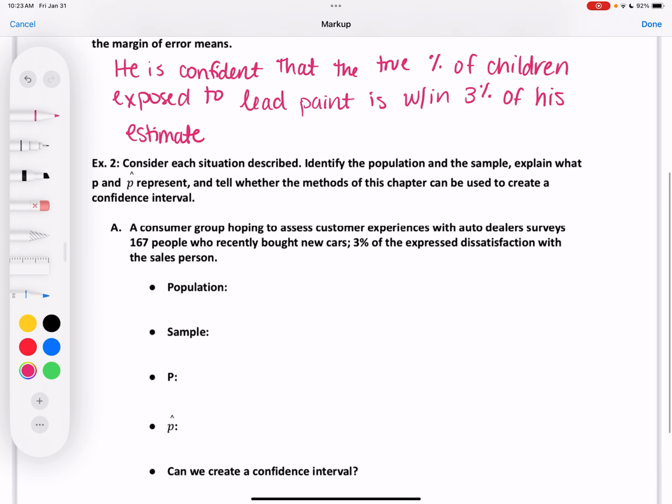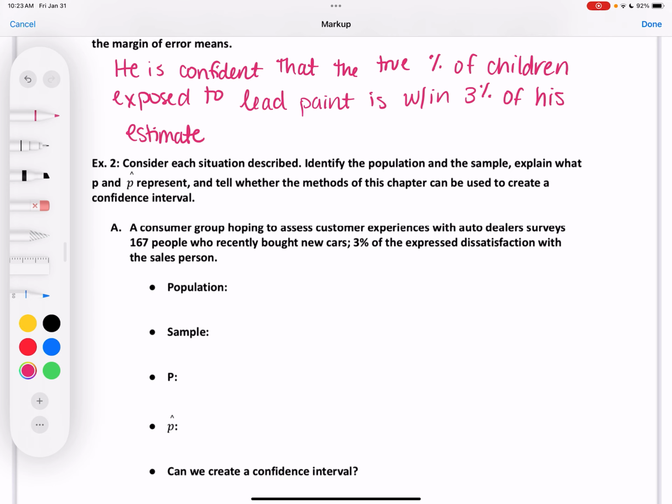All right. Consider each situation described. Identify the population and the sample. Explain what P and P hat represent and tell whether the methods of this chapter can be used to create a confidence interval. A consumer group hoping to assess customer experiences with auto dealers surveys